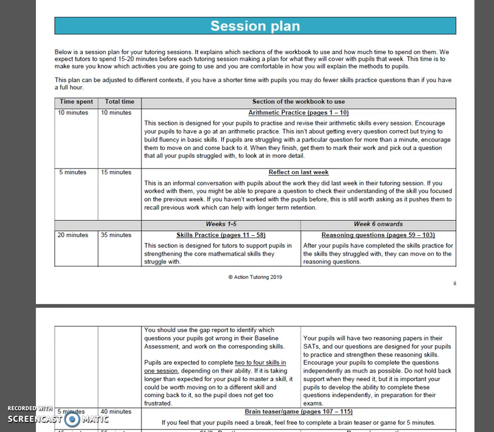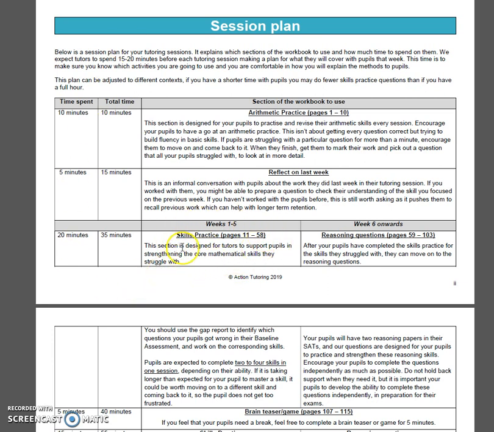So this is an opportunity to check that and see how they're getting on in a very low pressure way. So it doesn't matter if they can't remember that, that's fine. You can then use that time to just remind them of a couple bits and pieces. So it's a reflection. There's no specific activities for that, because that will depend from person to person what you do with it. But if we now go to the next